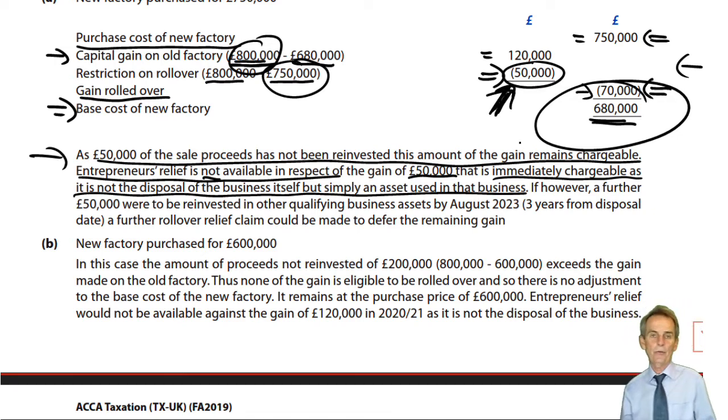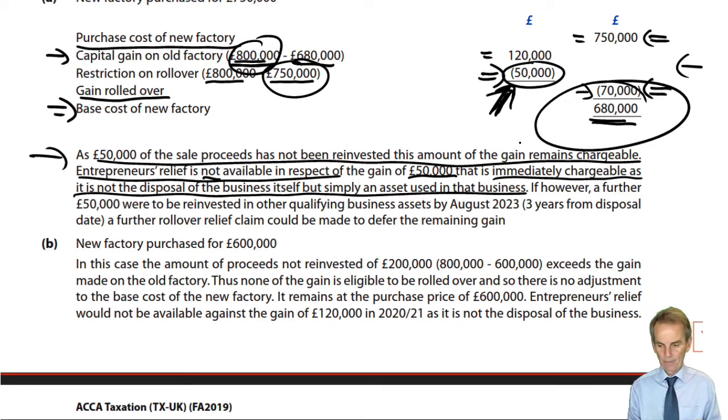If before the 3-year deadline has run out following that disposal, more qualifying business assets are purchased, then further claims for rollover would be available. Now again, from a planning perspective, and I say it's rather more advanced tax than Tax UK, unless this came up as part of a 10-mark exercise in Section C, a written exercise for you to discuss, which is not impossible, though I think it's probably unlikely.